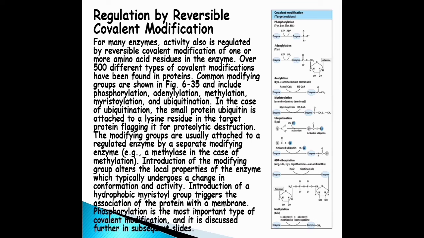Enzyme activity is regulated by reversible covalent modification. For many enzymes, activity also is regulated by reversible covalent modification of one or more amino acid residues in the enzyme. Over 500 different types of covalent modifications have been found in proteins. Common modifying groups are shown in Figure 6.35 and include